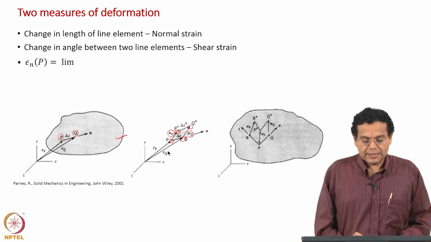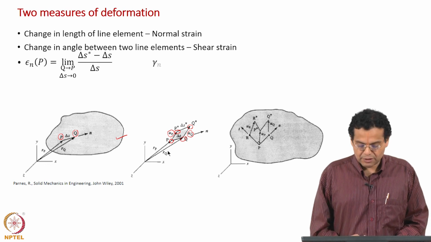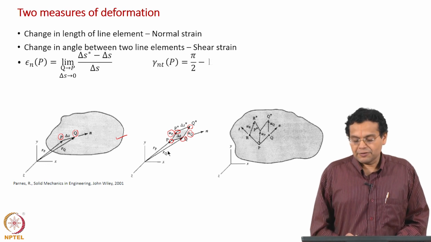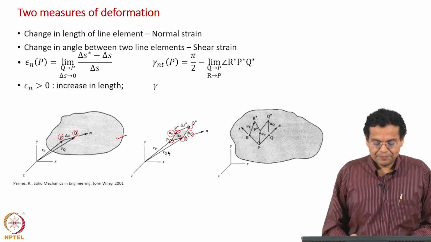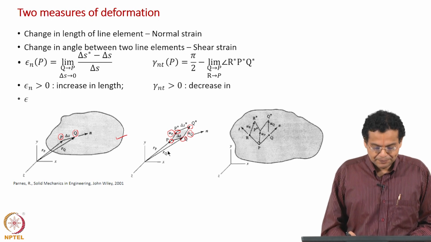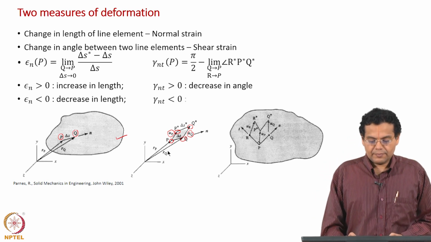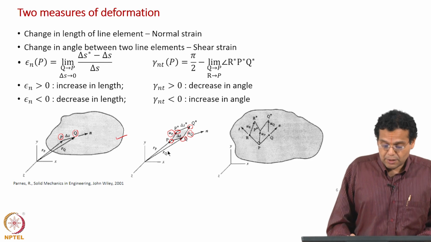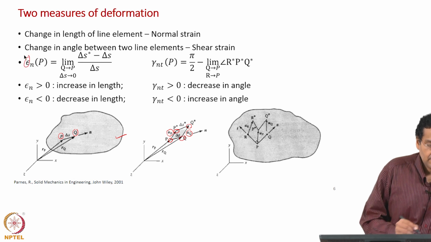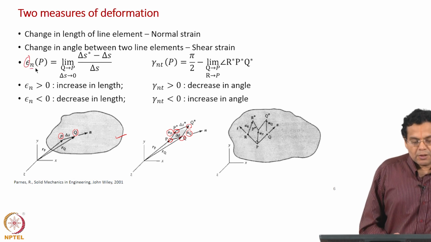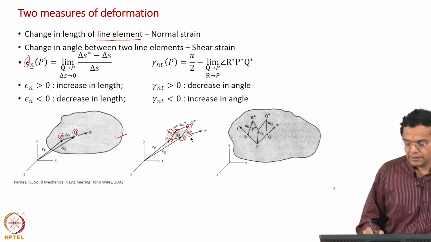Let us define normal strain in this way. I will explain the meaning of the definition. This is the definition of normal strain; the definition of shear strain we will come to shortly. Now, these are the conditions, and we will discuss those as well. Now, what have we defined? What is the left hand side? The normal strain is represented by epsilon, and then we have a subscript n. Why subscript n? This line element means the line joining the points PQ.